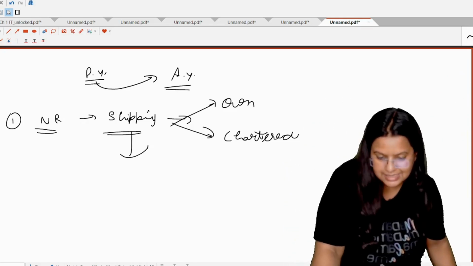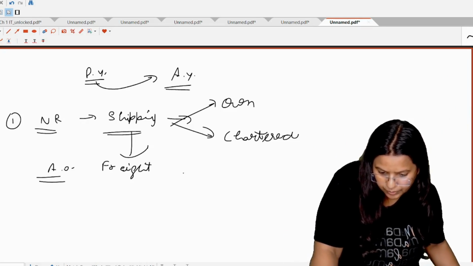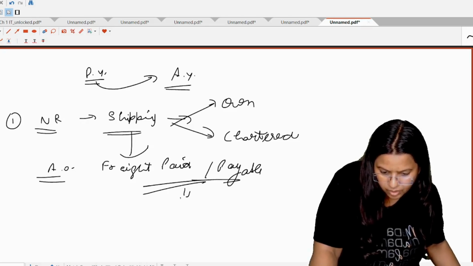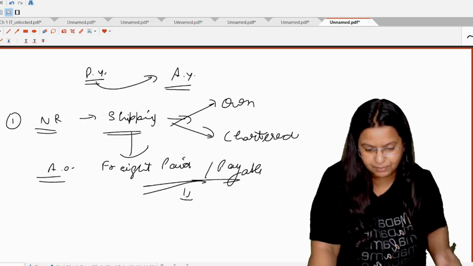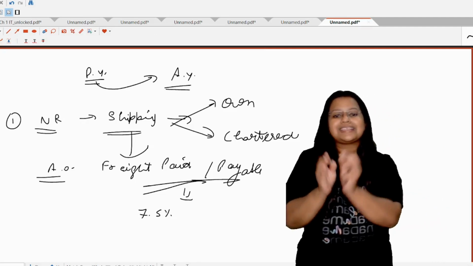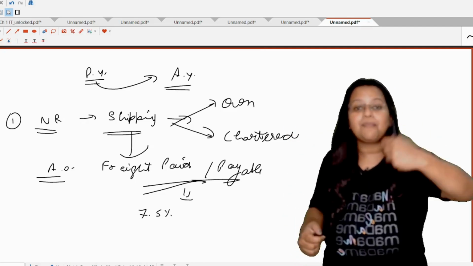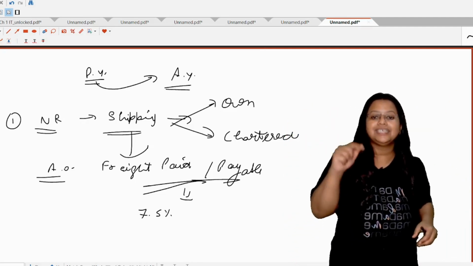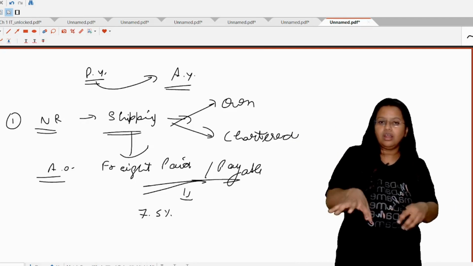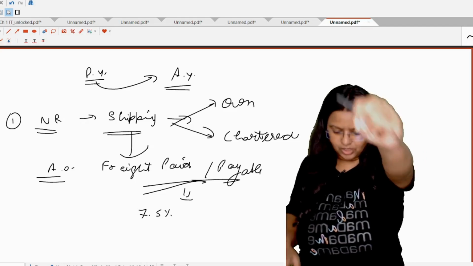So in that case, the assessing officer says, the freight paid or payable to the non-resident person is assumed to be the gross revenue of that person, and we assume 7.5% of the freight paid or payable as the income of the non-resident, and we apply the tax on that. It means you have to pay the tax in the previous year itself when you are leaving our Indian port, or the assessee has to make a satisfactory arrangement that the government will get its tax.